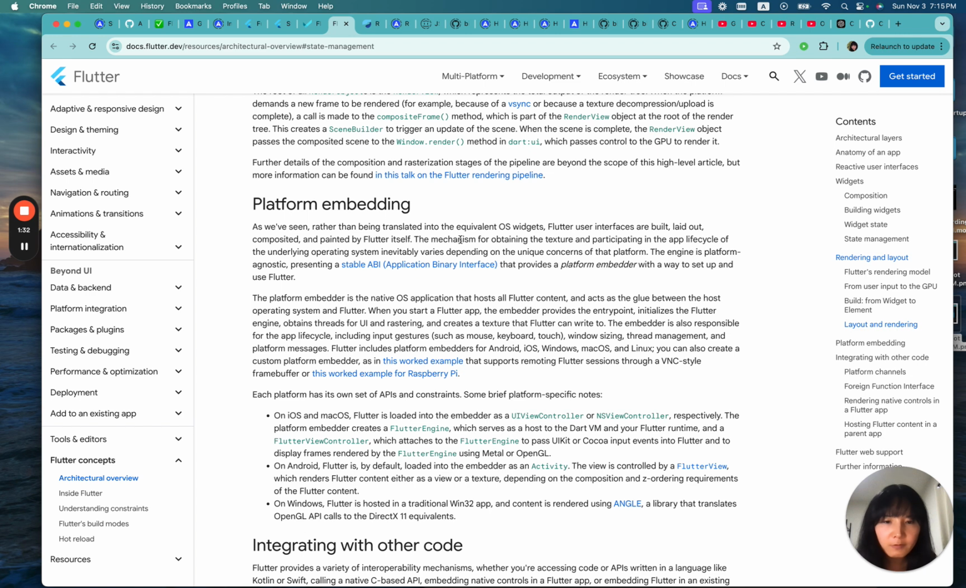The mechanism for obtaining the texture and participating in the app life cycle of the underlying operating system, a stable API application binary interface, then provides a platform embedder with a way to set up and use Flutter. The platform embedder is a native OS application that hosts all Flutter content and acts as a glue between the host operating system and Flutter. When you start a Flutter app, the embedder provides the entry point, initializes the Flutter engine,